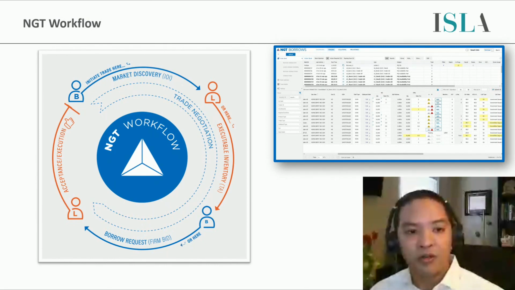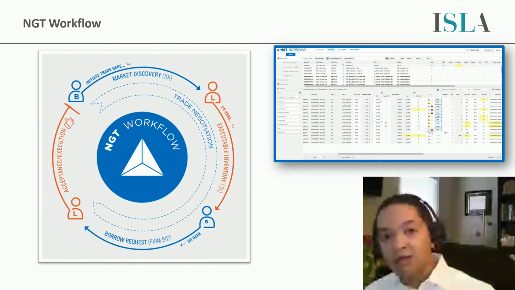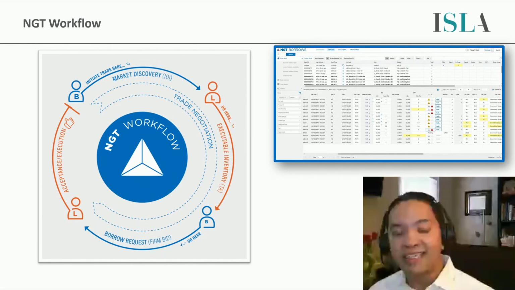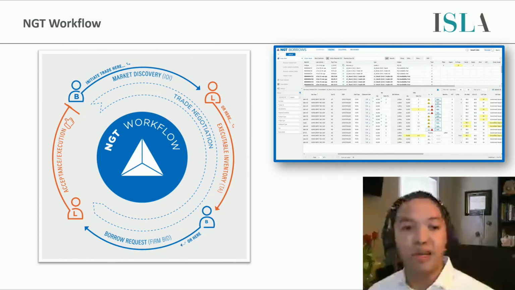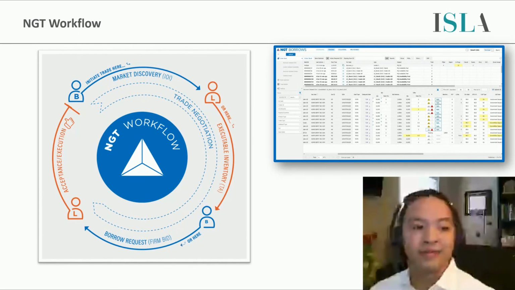That way, ultimately leading to that shared trade ticket, which is the net result of the NGT workflow. Today, we'll be showing the workflow as it connects, and my colleague Dharm will be walking through that process of how we convert that into the CDM model.